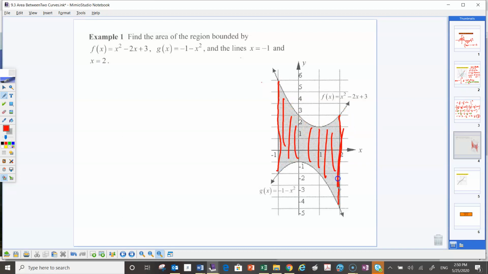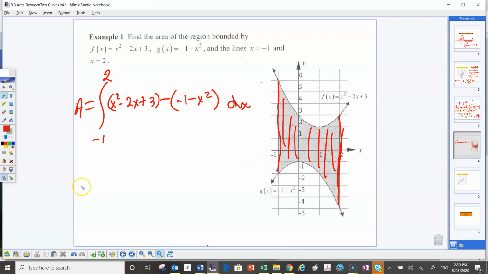So again, to find that area, it would be the integral from -1 to 2 of the upper curve, which is x squared minus 2x plus 3, minus the lower curve, which is -1 minus x squared dx. So I am going to simplify this. So x squared minus 2x plus 3, that becomes plus 1 plus x squared dx,